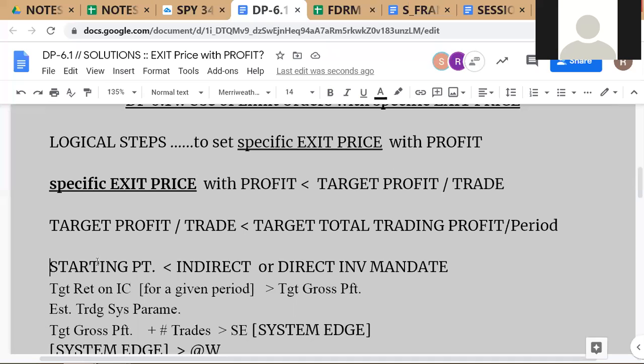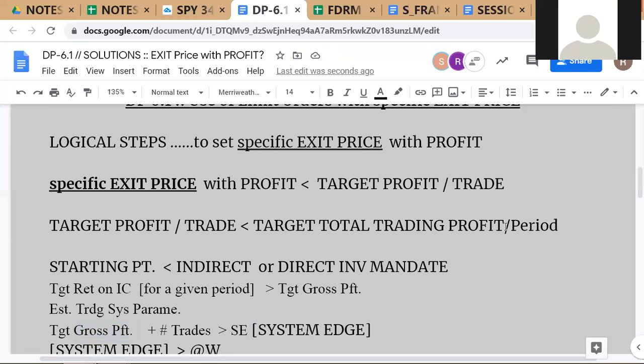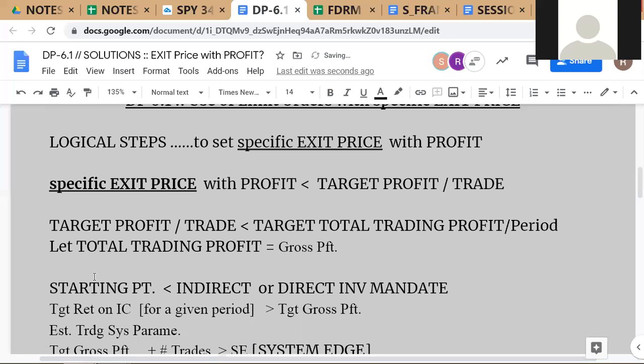So this total trading profit we are calling gross profit. There's a reason for that, we'll see. The reason we're calling it gross profit is that we are using a particular term to make it similar to normal companies, whose balance sheets we look at. So let this equal gross profit, where gross profit is going to be equal to,